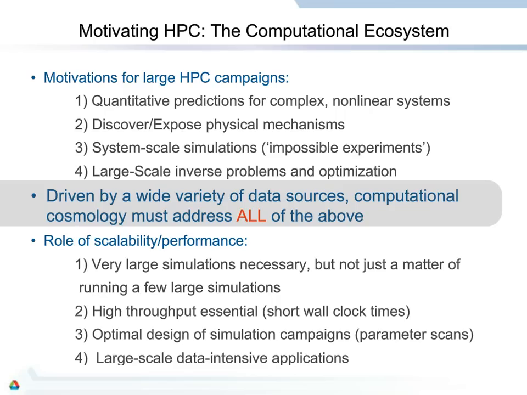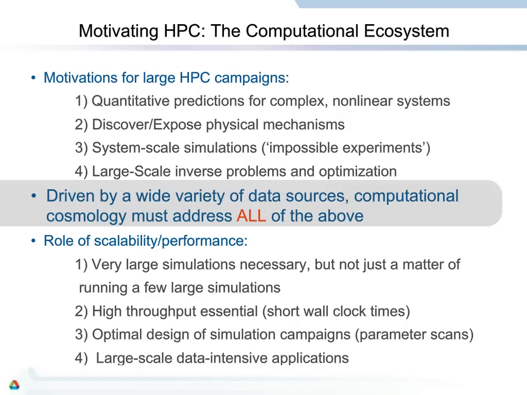The motivations for large high-performance computing campaigns are not that many. Basically, you want quantitative predictions for complex nonlinear systems. That's typical. It's something that you know the equations for, but you simply cannot solve them with pencil and paper. The other is that you want to expose physical mechanisms. For example, you have a very complicated system and you want to know why it is doing certain things. For instance,